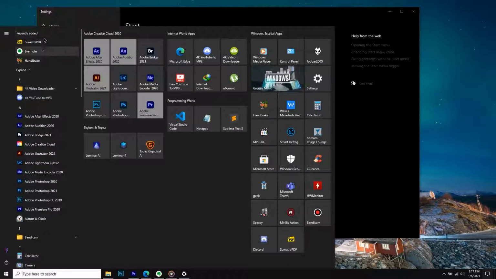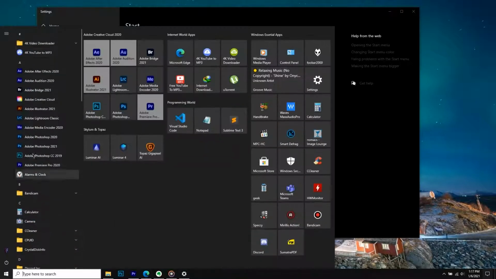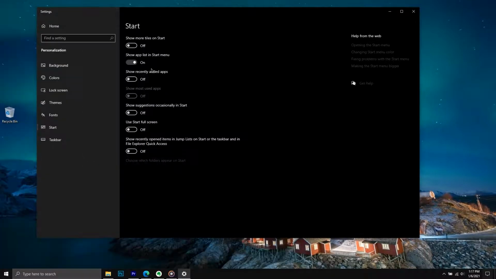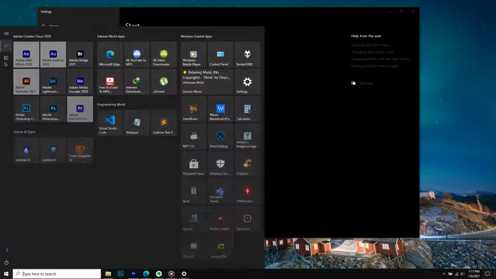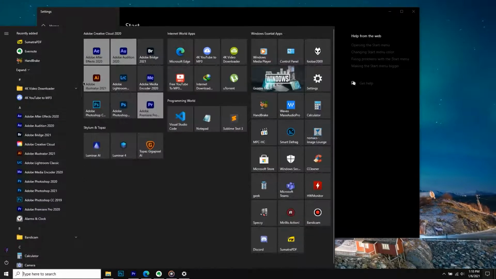The first setting that we can talk about is recent apps. If you disable this bar, you can see here, it will make all of the recent applications disappear, like recently added apps. Another thing here is, when you click on this hidden apps scroll bar, it will hide all of the apps that were showing currently. So yeah, that's all of this. Most of the time it isn't that rocket science, right?